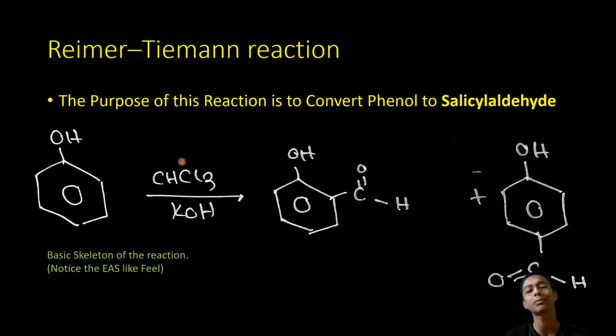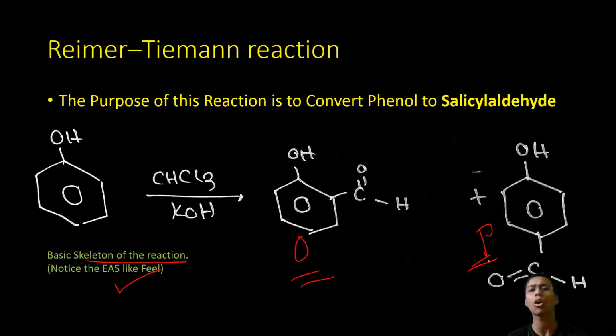So what is the Reimer-Tiemann reaction? Well, this is a reaction which we use to convert phenol into salicylaldehyde. As I have pointed here, this is called salicylaldehyde. This is also a para-substituted product, but this is not our major product, okay? This is our major product, this one. And another thing you can notice from the very first is that this is an ortho-substituted product, this is a para-substituted product, right? And what do we get a feel of from this? An EAS type feel, electrophilic aromatic substitution.